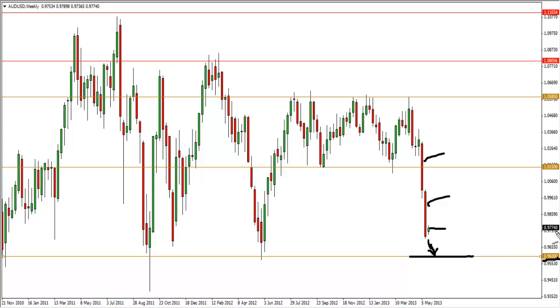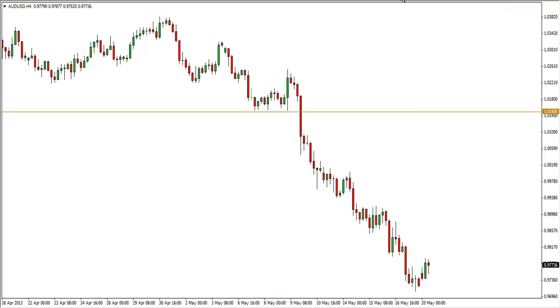of about, say, 97.74. We have moved about 170 pips down. So for those of you who are looking for a short again, you still have some room to run. So looking at the 4-hour chart, again, it's not so clear to look for a price action trigger at this chart. Possibly the 98.55 level. You can look for shorts down here, or similarly to the dollar yen, if you want